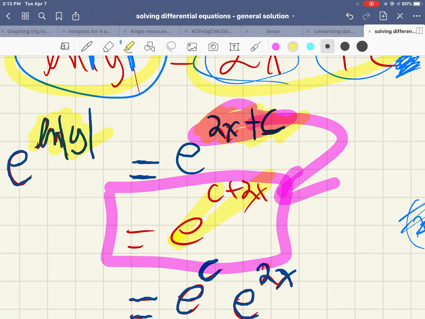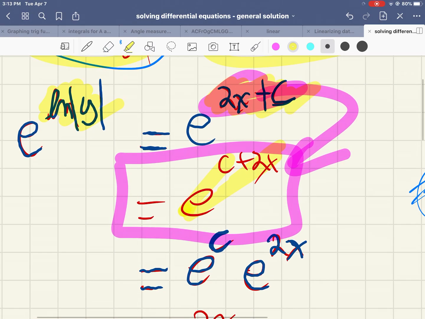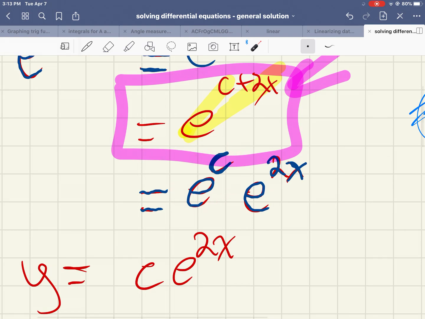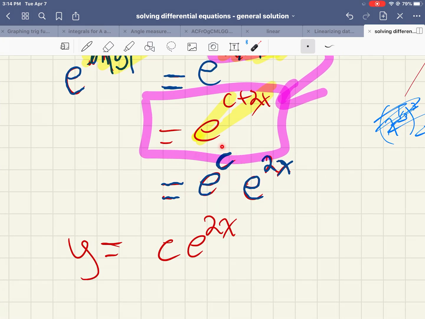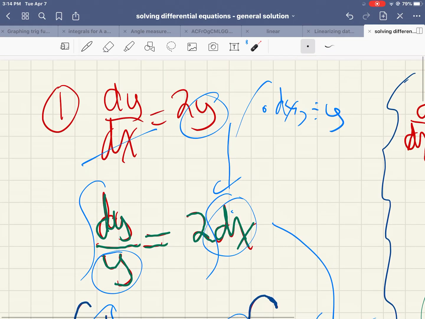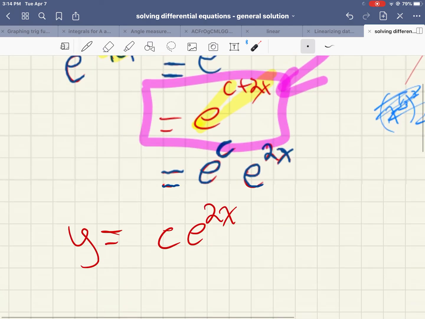So why did I change the order? Well, because I wanted the constant part to come first. So that becomes e to the c, e to some constant c multiplied by e to the 2x. Well, e to the c is like e to the 5, e to the 7, e to the 10, e to the negative 1. We don't know what it is because we don't have a point on the curve. But I can just say that e to the c is some constant c, and there's my solution to the curve. Okay, so y equals c e to the 2x is the solution for dy by dx equals 2y,